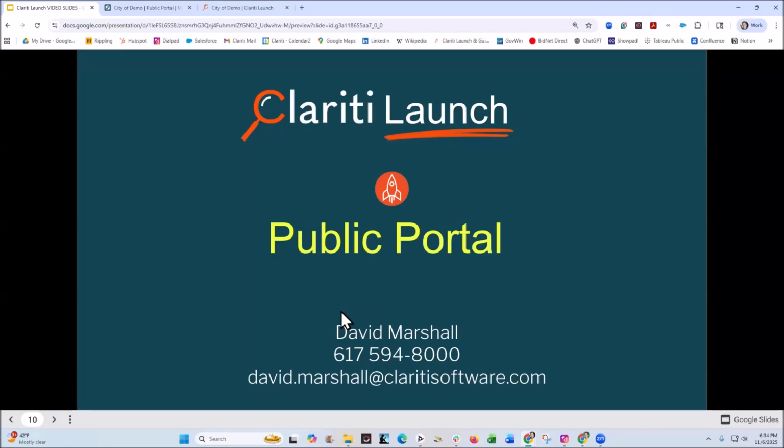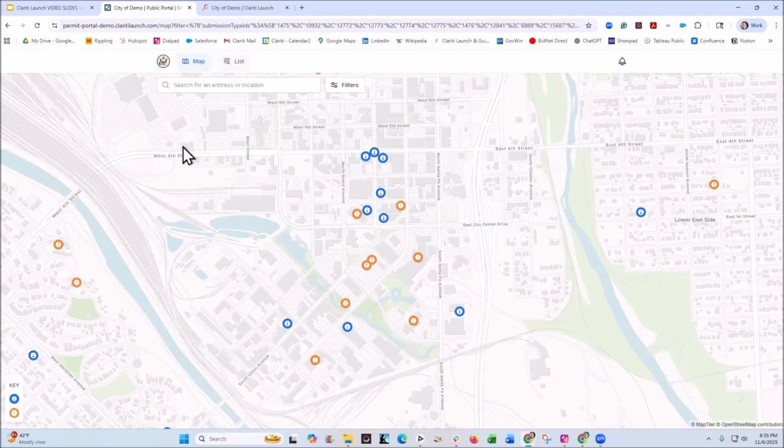Our customers have requested a public portal, the ability to share permits, licensing, and code enforcement happening with the city, but also the ability to restrict data if required. And Clarity has that for you. We provide an online location with a link for you to be able to share what's happening in and around